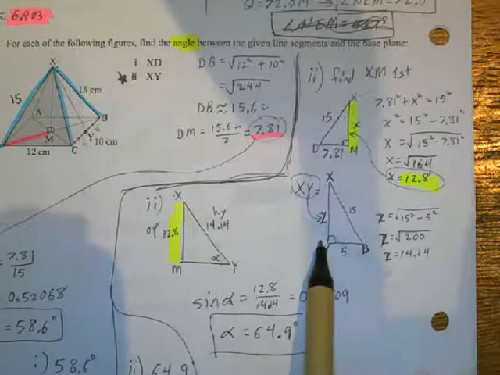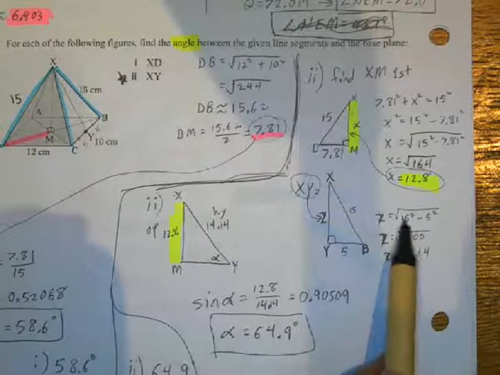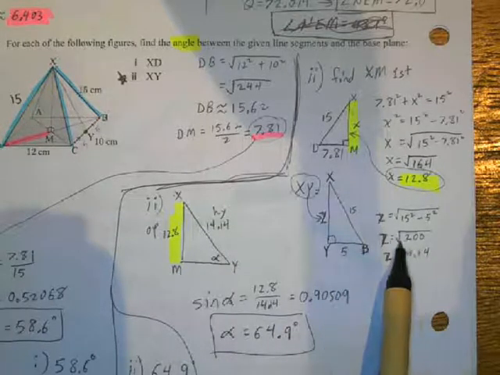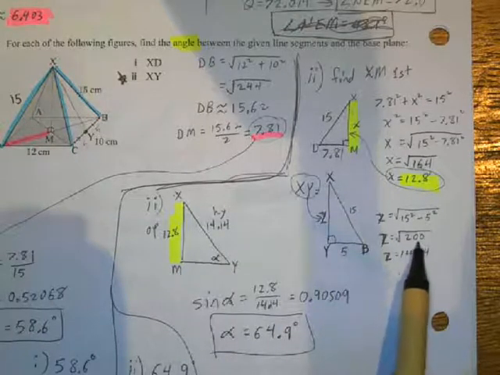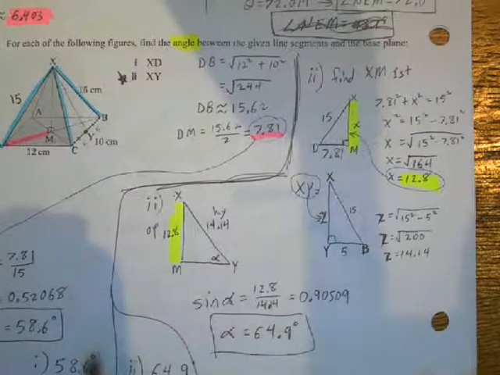I square those and subtract them because 15 squared is the hypotenuse. And then we get the square root of 200. And so then I figure out this height of this triangle is 14.14. Now that I know that this is 14.14,